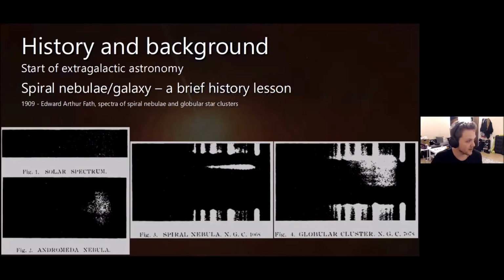From his paper that I had to go into the archives to find, you have the solar spectrum, the Andromeda Nebula, a spiral nebula, and then a globular cluster. As you can see, all of these are very similar, especially the spiral nebula and the globular cluster. So maybe these spiral nebulae are consistent with being a collection